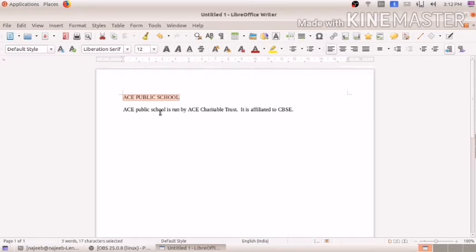I'm just going to change the font style. First of all I am going to change the font size. Here it is size 12, you can see. So how to change it? Just select the content ACE Public School, then change the size.